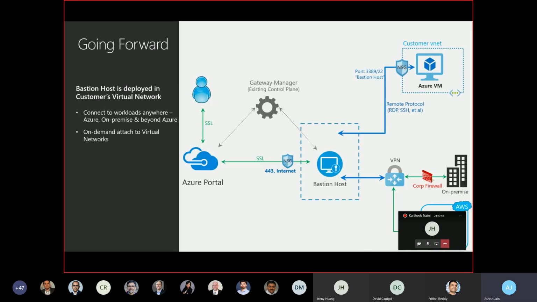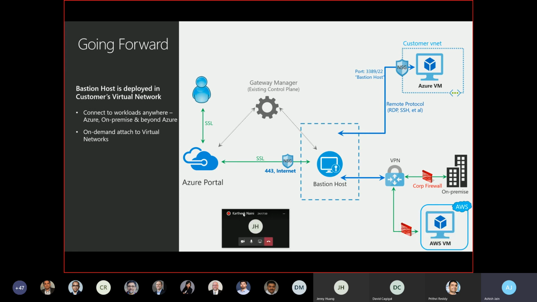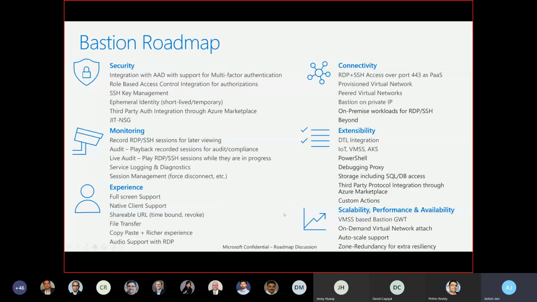This is the going forward view that I was just talking about, that with Azure Bastion and VPN, we will seamlessly provide an IPsec tunnel to reach your workloads running on-premise and cross-cloud scenarios. So from a roadmap standpoint, we want to take Azure Bastion